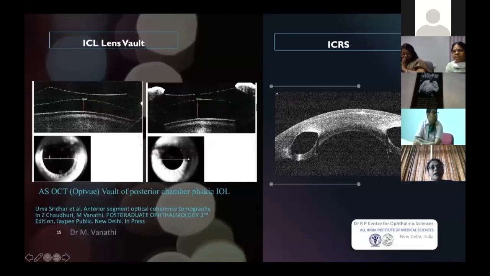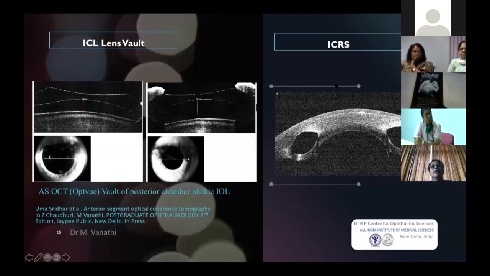Another important evaluation is the anterior chamber depth, the endo ACDs, which you would want to calculate for implanting phakic ICLs here. And in the postoperative phase of phakic ICLs, you would want to calculate the ICL lens vault, meaning the distance between the anterior capsule of the lens and the posterior surface of the phakic IOL. And we would want to know if the lens vault is optimal in these cases. Higher vaults and lower vaults will have to be watched for and dealt with accordingly to what you would feel optimal in these cases.